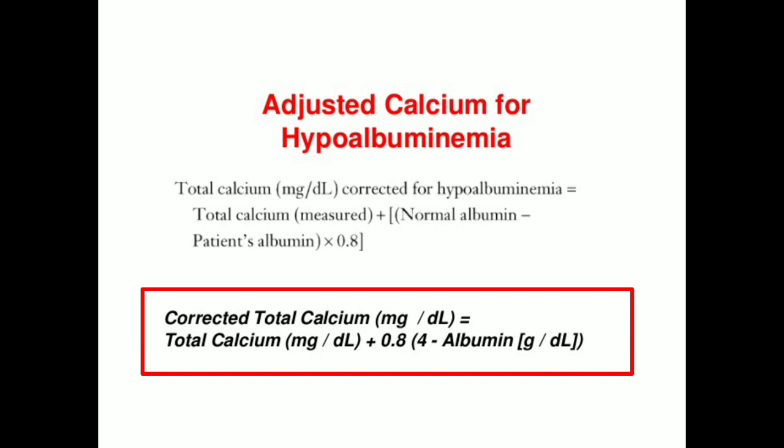In those cases, if albumin is low, or in rare cases if albumin is high, but that is not very common, but low albumin is very common in many diseases. So if your patient has very low albumin and therefore you are getting a low total calcium, you can correct and get an idea of how to compare it with the reference range by this formula: what total calcium you actually get plus 0.8 into 4 minus the albumin value you get. So the lower the albumin value, the more you have to add.